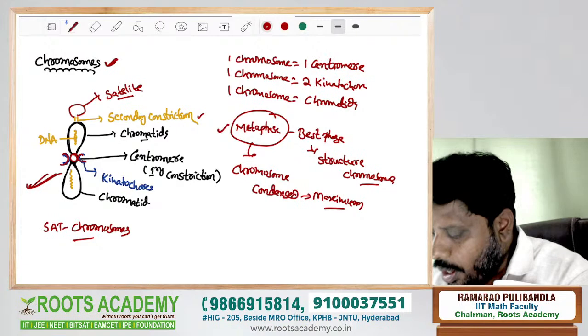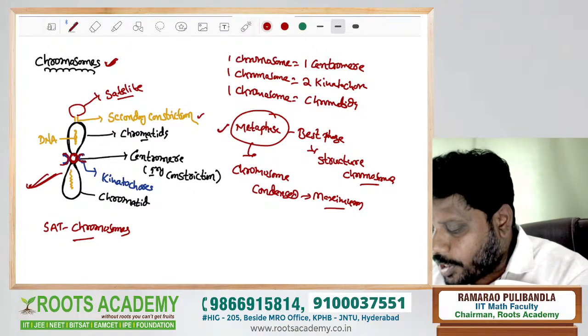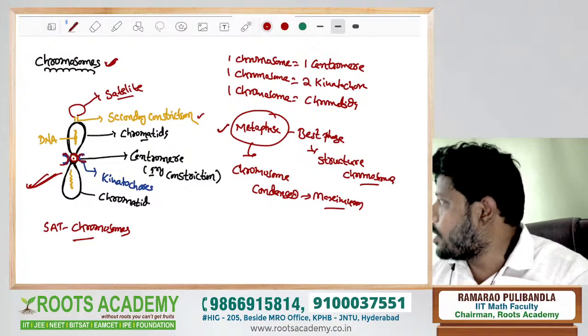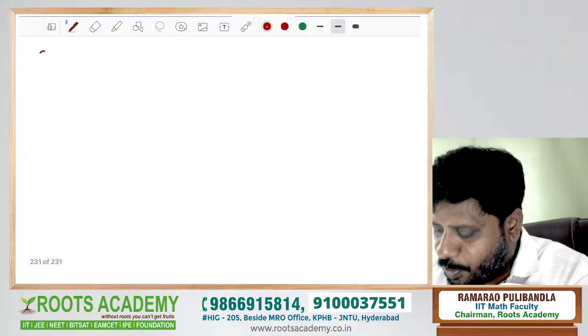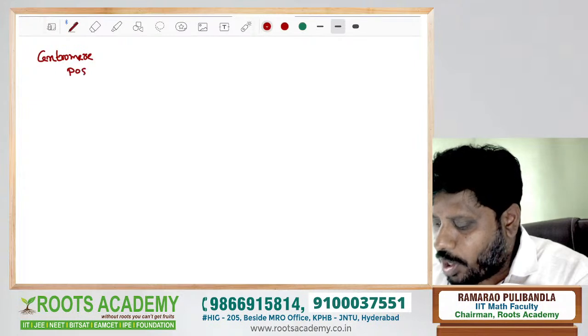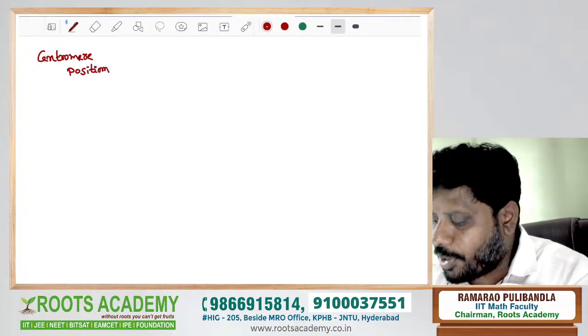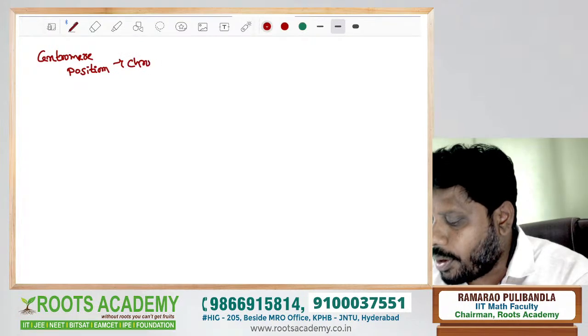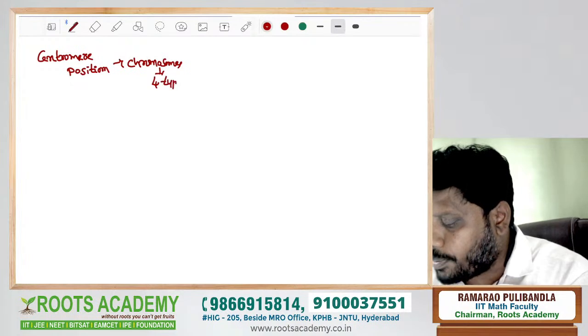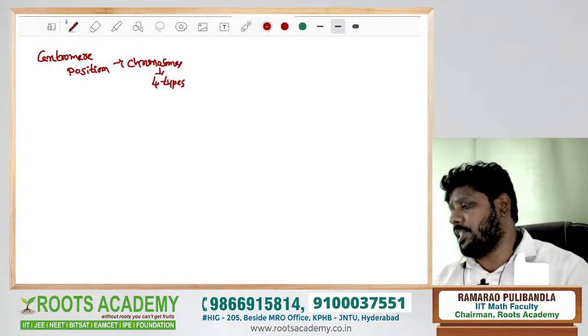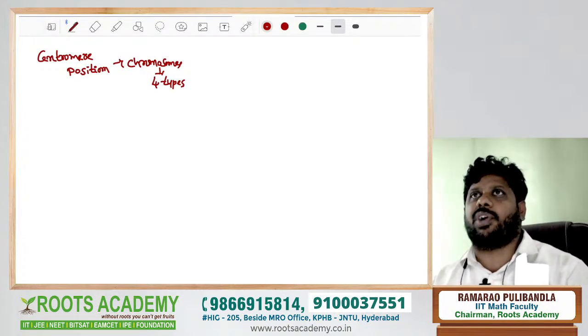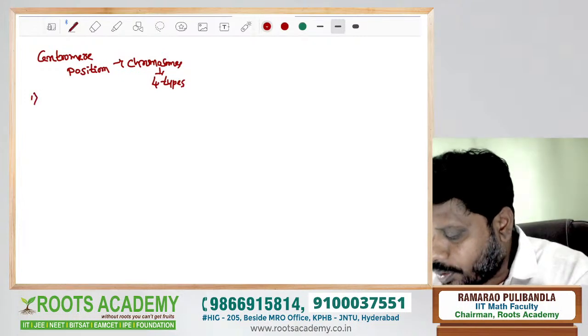See, what is this? This is the centromere, correct? This is the centromere. On the basis of centromere position, on the basis of what? On the basis of centromere position, chromosomes are classified into 4 types, which include,